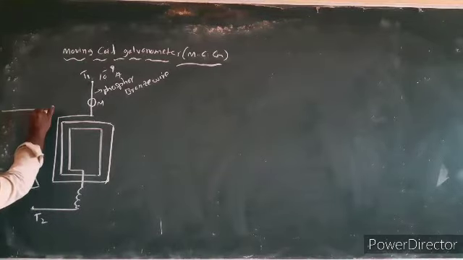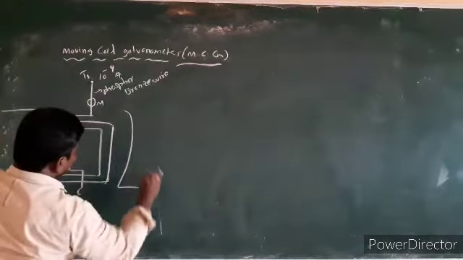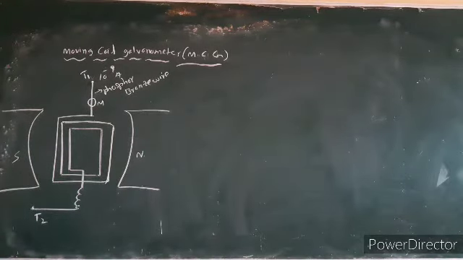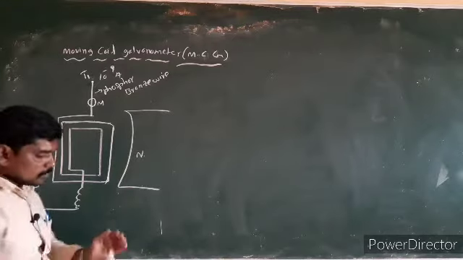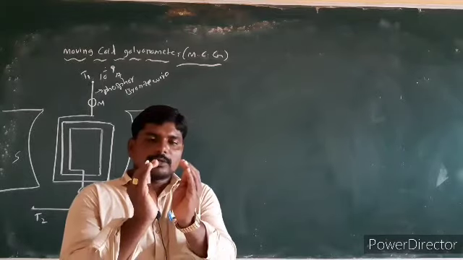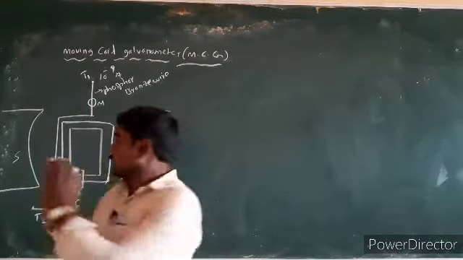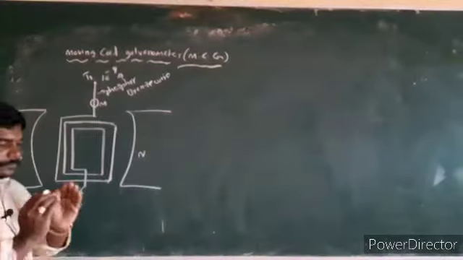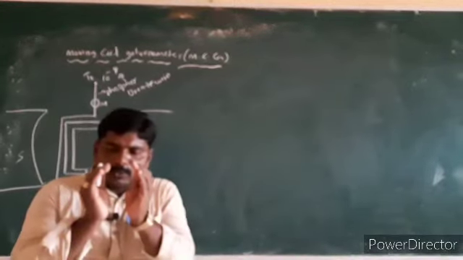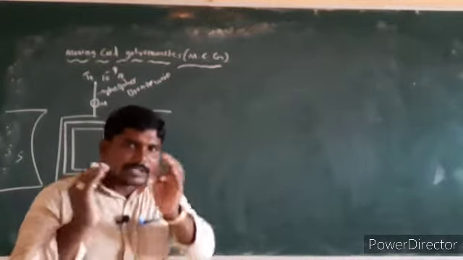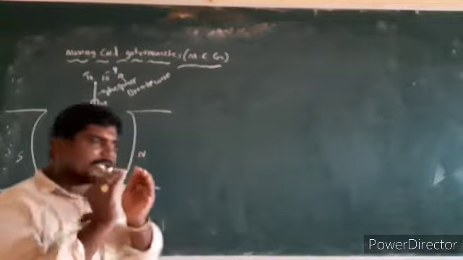The coil is suspended in the magnetic field produced by horseshoe magnets. These are the poles of the horseshoe magnet. Actually the poles are concave shaped poles, south pole to north pole. Between these poles we suspend the copper coil from point T1. The magnetic field produced by these concave shaped poles is nothing but a radial magnetic field, a spherical magnetic field.